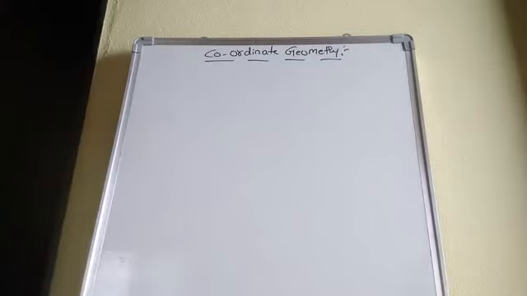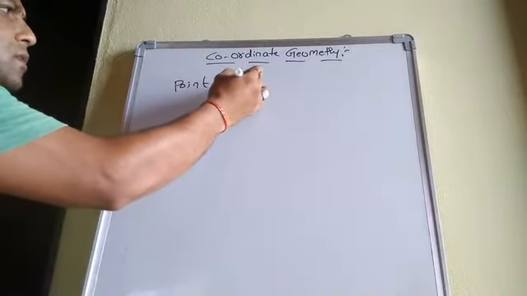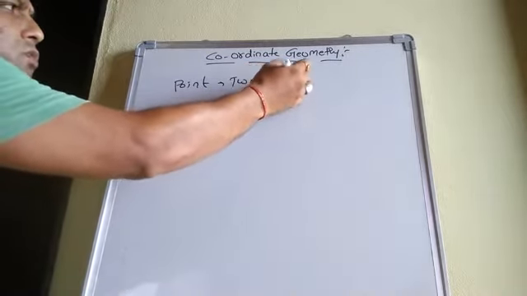Hello students, till now we have learned some concepts of coordinate geometry, that is how to identify a point in a plane and the different axes. What are those two different axes we have learned about? X-axis and y-axis. Okay students, we have also learned earlier what a point consists of. A point consists of two numbers, that is two pieces of information.